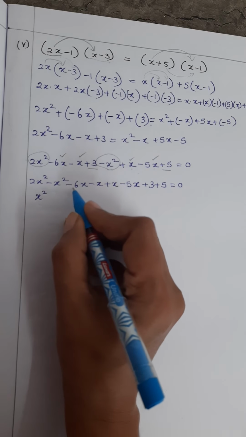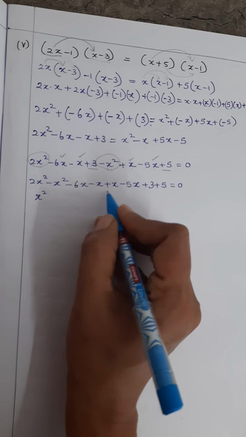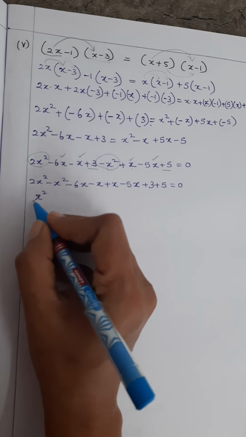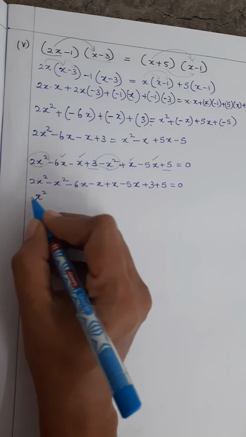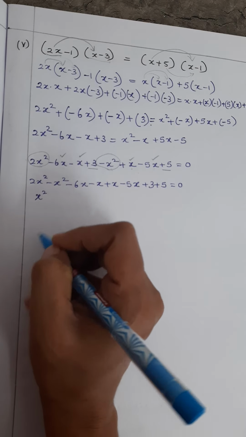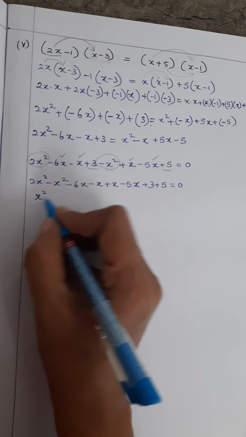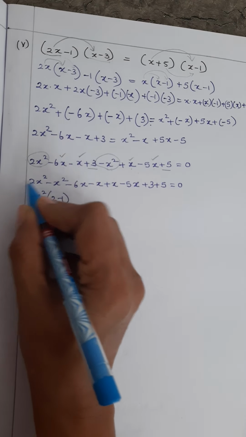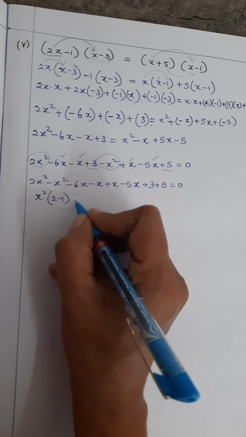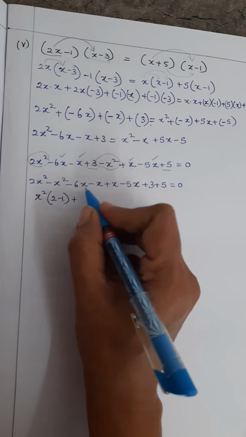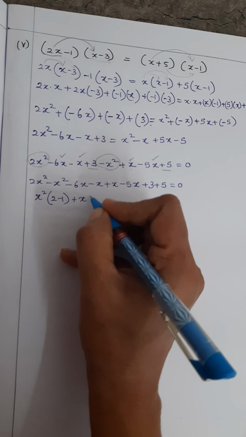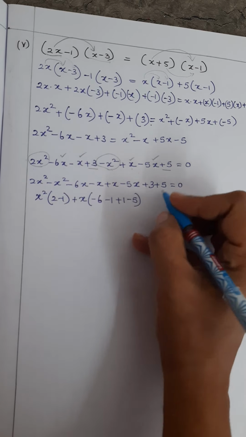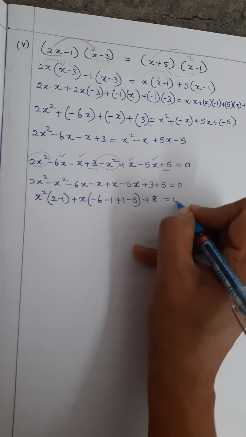All right. Now here plus 6x. Okay, if you know how to do it directly, you can do it. Otherwise, what I suggest is, if you are confused, then you can take the x square term common, put a bracket and write 2 minus 1. That is also another way of finding. All right. So this becomes, okay, x square into 2 minus 1. I have taken x square outside, 2 minus 1. Here what is a like term? These are all like terms. So x is common, so I am taking x outside. So this is minus 6 minus 1 plus 1 minus 5, and then we have 3 plus 5, which is 8, is equal to 0.